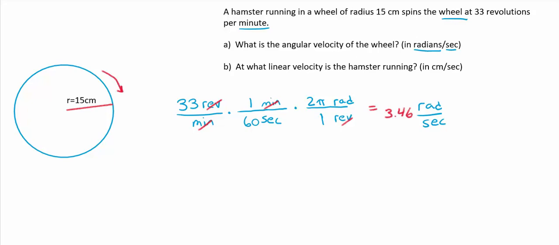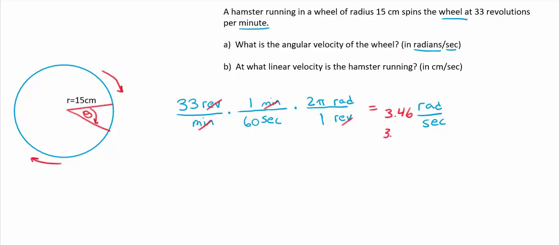So suppose the hamster was running on the wheel so that the wheel was rotating this way. What this means is the speed at which it is rotating, the speed at which this angle is changing, is that every second it'll go through 3.46 radians every second. To give you some idea,